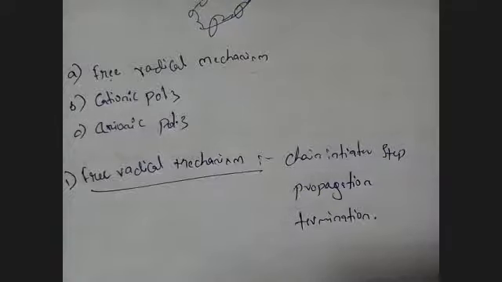So now you are saying, ma'am, you need to add free radical. Yes, I need to add free radical. So what do you want to do? First, I need to start the initiator. Then I can prolong. Then I can stop. That much I'll join, and after that I'll terminate it. In biology terms, they call it initiator, elongator, and terminator. Is it right, bio students? Same like that, in chemistry we study chain initiation, chain propagation, and chain termination. Is it clear?